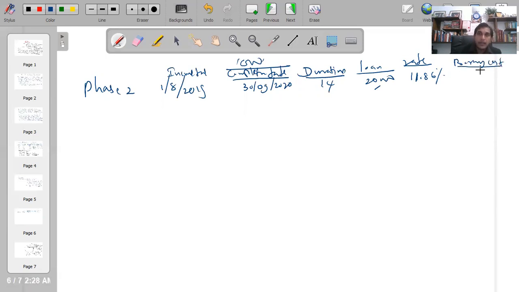So we'll calculate it. 20,000 multiplied by 11.86, but that is for 12 months, so you can increase another 2 months. So this value you got 2,372 for the annual year, so this would be divided by 12 multiplied by 14, then 2,760,